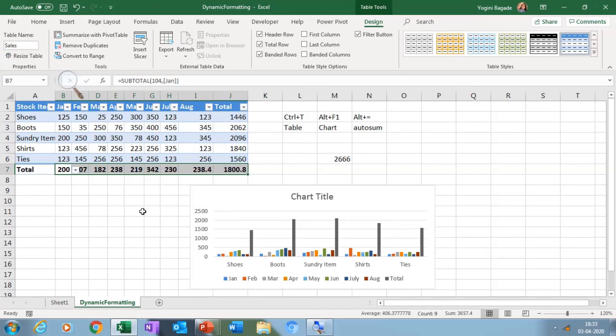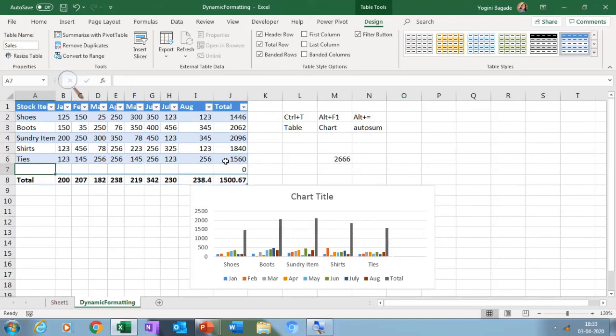These are some of the advantages of table. One more, if I want to add a row, I simply take my cursor here and press Tab, and my row is added. So table format helps you make your data dynamic. Whatever you create from table will update. So your formulas will update, charts will update, your pivots will update. It will give you automatic filter. Formulas will be autofilled. You can directly do calculation using table name and column name. So these are some of the essential advantages of table.